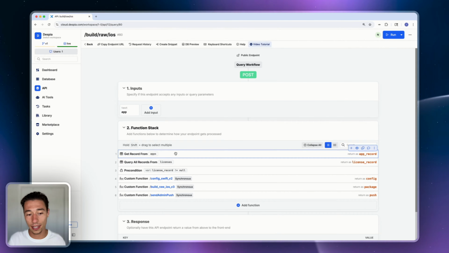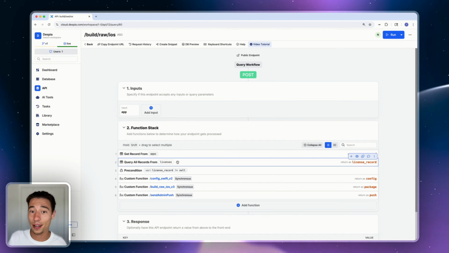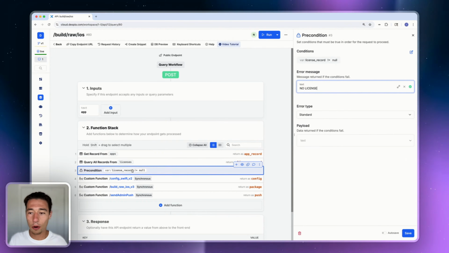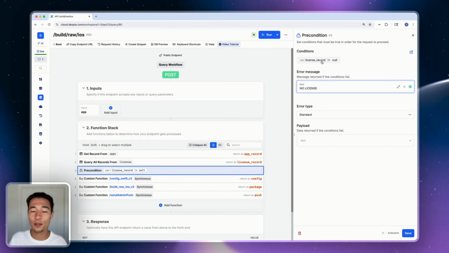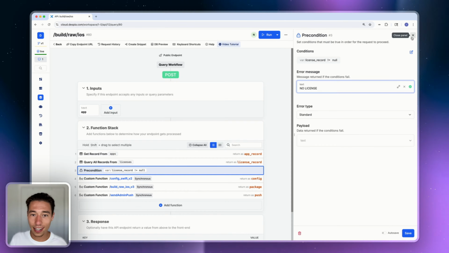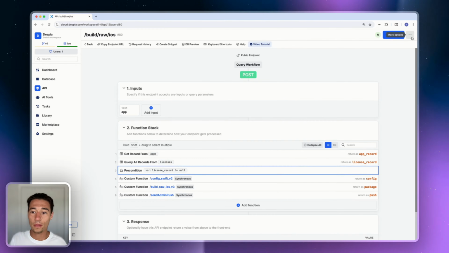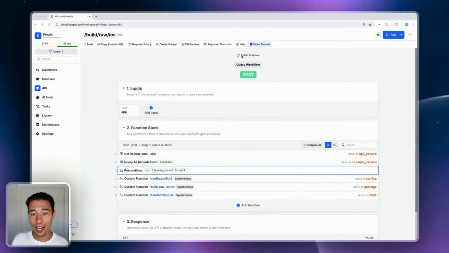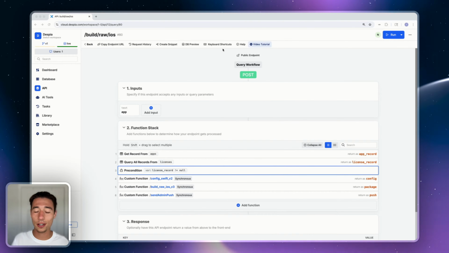What we're doing here is we're getting your app record, we're getting your license, making sure you're paid, right? That's important. Then here's where the security comes in. We're blocking the request if you don't have a license. And we're getting that from the app ID. So we're checking if the app has a license, and then we're doing that. Now that I'm looking at it, we probably want to add authentication to this endpoint to make it truly secure. I should probably do that.